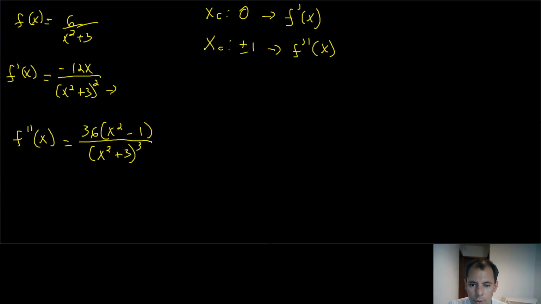Okay, so we have a few domains in here. You gotta worry about these. So the domains are from negative infinity all the way to -1, and then you have a -1, and then you have from -1 all the way to 0, and then you have a 0, and then you have